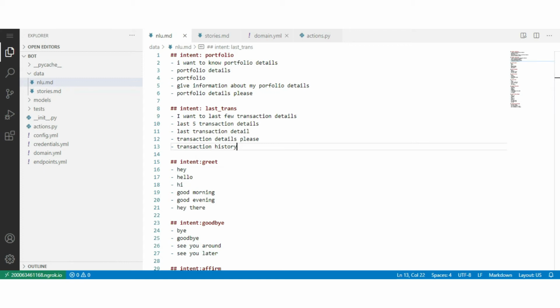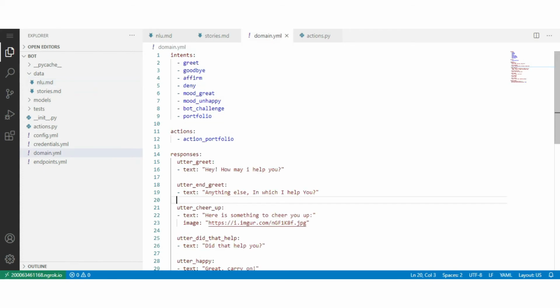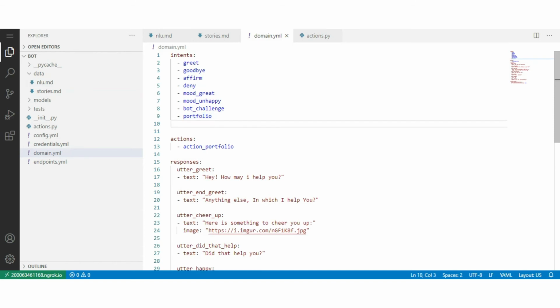Now add this intent in the intent section of the domain.yml file. For that, move to the domain.yml file and add the intent name last transaction.